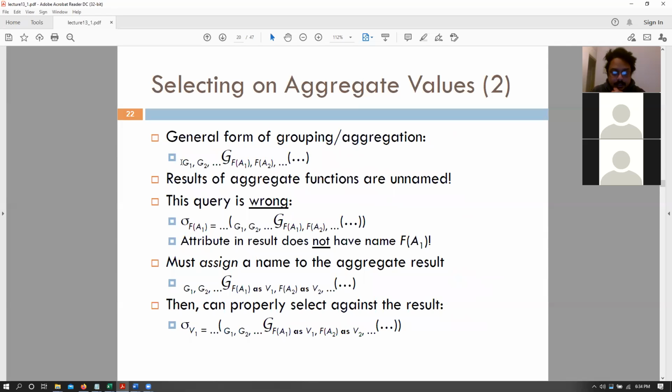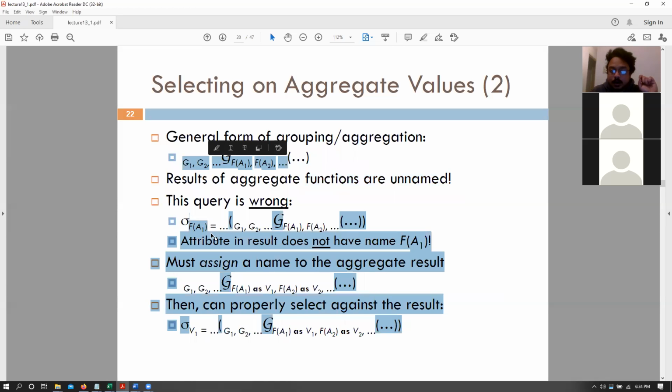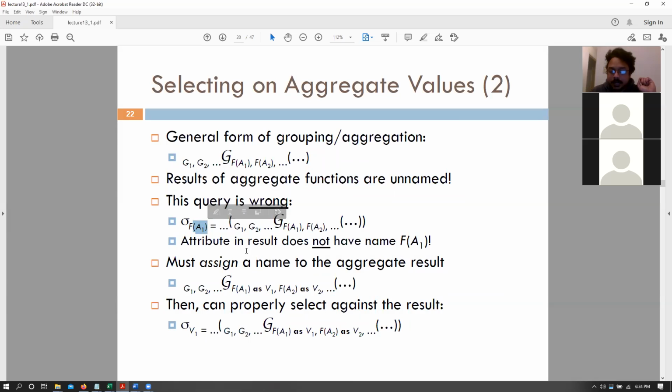So grouping and aggregate relations are written like this. On the left-hand side of your fancy G, you have the list of attributes with which you're grouping them by. On the right-hand side, you have the list of functions where you're performing those aggregate operations, sum, average, all of those things. Remember that aggregate functions are not named. So we can't say that selecting all max operations can be written like this. They have to be given a separate name. So for that, we can rename those outputs as V1, as V2, and then we can say the V1 value for all of the select operations looks something like this.